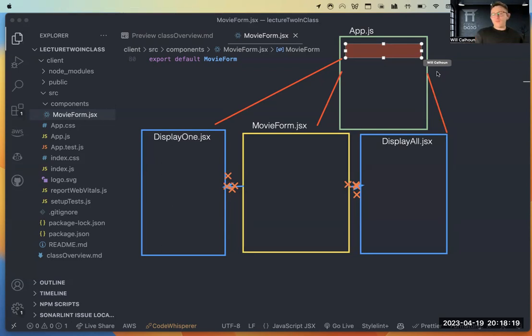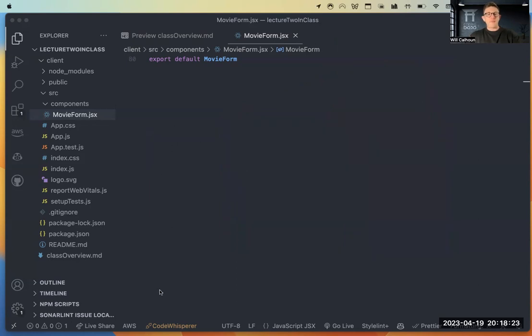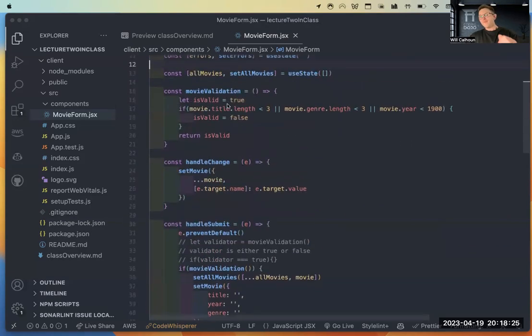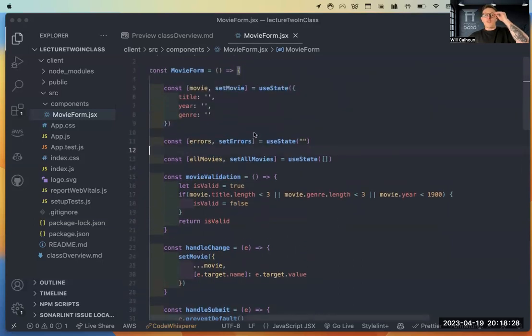Cool. Great. So let's go ahead and see what that means. Now, I have in my movie form all of this information, right? I've got my movie, I've got my all movies, and my errors. Now, of these, what do you think needs to be unique to just our movie form, and what do you think needs to be lifted up?